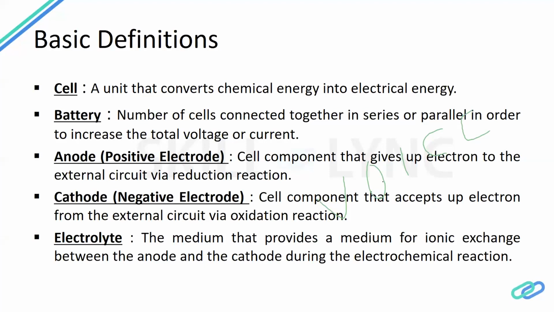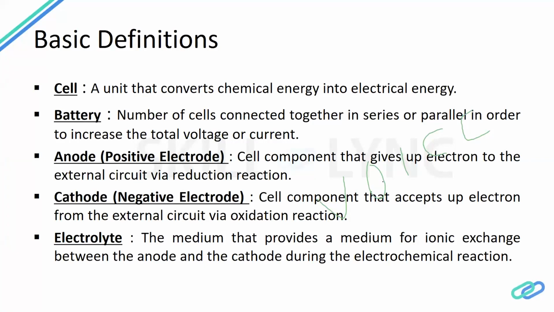Now imagine we are connecting 3 cells, 4 cells, 10 cells, 1000 cells together, then that form is known as a battery. Often we interchange these two terminologies, like we say we need a battery, but actually we need a cell, and when you connect 3-4 cells, then it's a battery. Now within a cell there are actually 4 or 3 components. If we go into detail, 4. If we stay on the introductory part, it's 3.